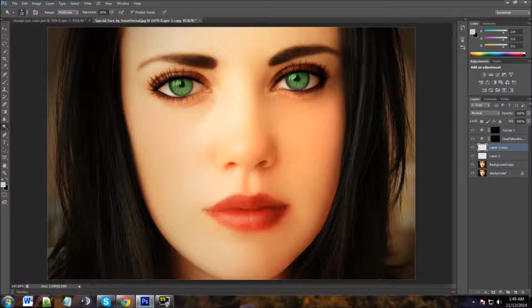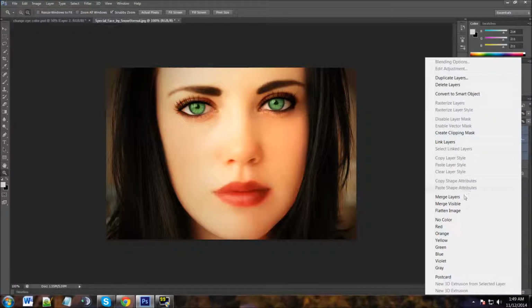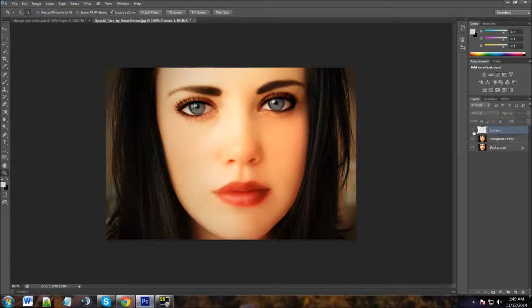And we can bring it up. Let's bring it up to 50%, and we'll see what that does. It just makes it a little brighter. So let's back out of this just a little bit so we can have a nice look at what we've done. I'm just flattening the image, or merging the layers here, just so that I can turn this on and off, and you can see the difference